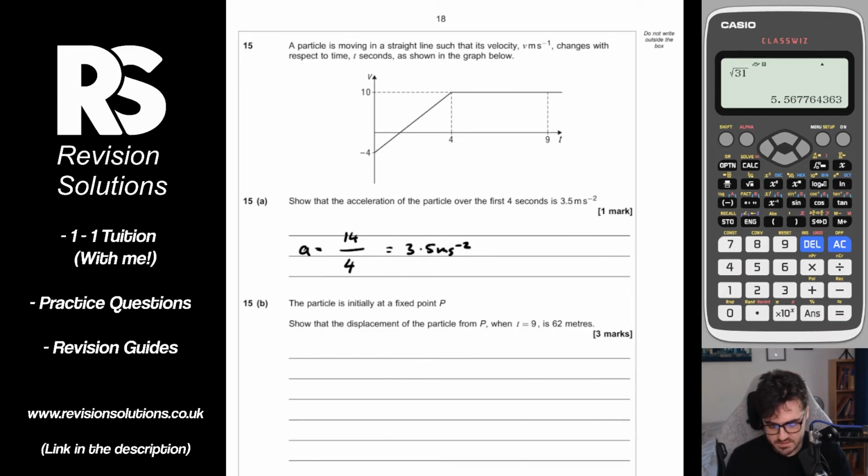Then it says the particle is initially at a fixed point P. Show that the displacement of the particle from P when t equals 9 is 62 meters. So note they said displacement and not